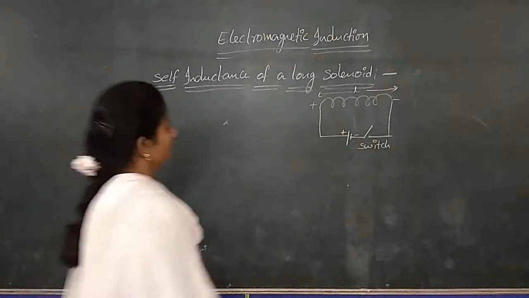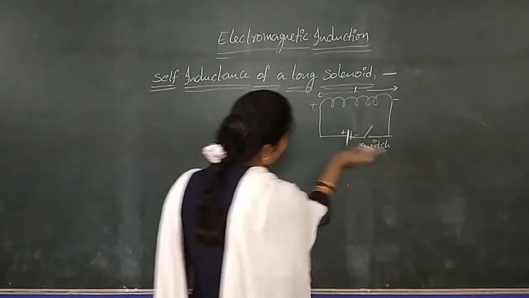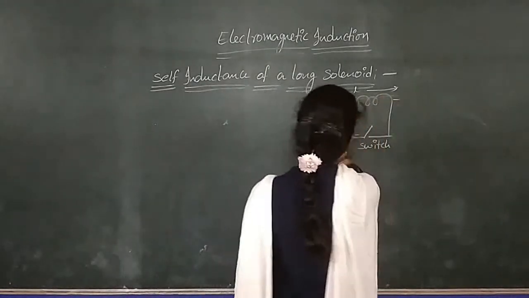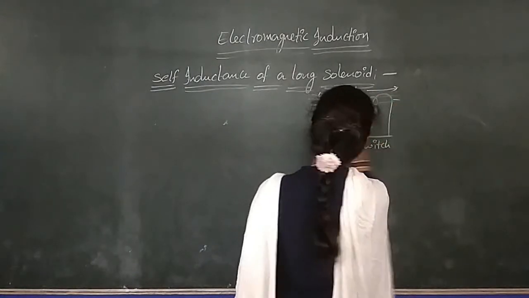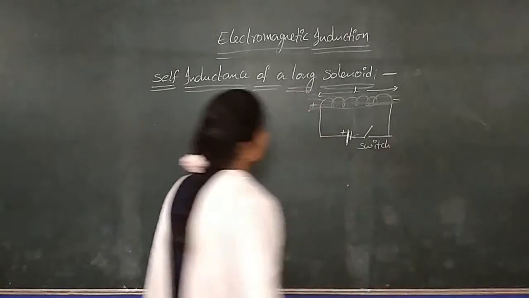Whenever the switch is closed, we know that the current passes through the coil. Whenever the current passes through the coil, a magnetic field is produced. Due to that magnetic field, the flux